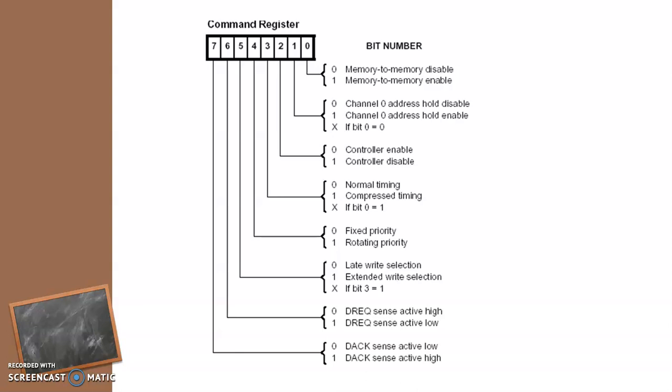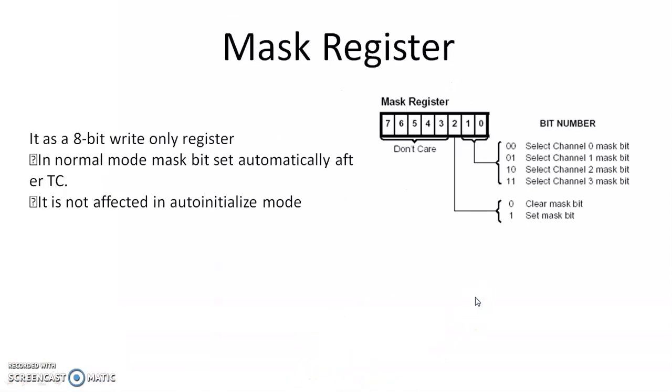Next one is DREQ, that is the DMA request signal. It can be set up as either high or low by setting the bit value as 0 or 1. Similarly, the DMA acknowledgement signal can be set up as either 0 or 1 by configuring the D7 bit accordingly. Next,